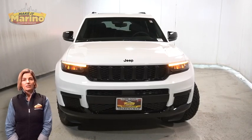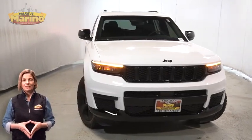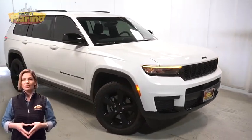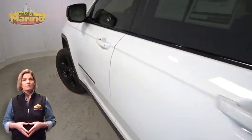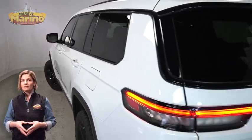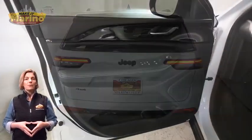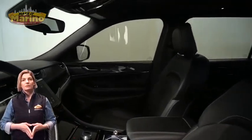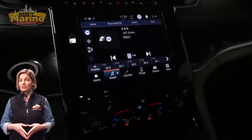Looking for a highly equipped SUV with all the right options and reliability? We'll take a look at this certified pre-owned 2023 Jeep Grand Cherokee L Altitude in bright white. With automatic headlamp leveling system, premium fog lamps, 20-inch aluminum wheels, power heated mirrors, blind spot and crosspath detection, LED tail lamps, heated front seats, heated steering wheel, only 3,000 miles on the odometer,